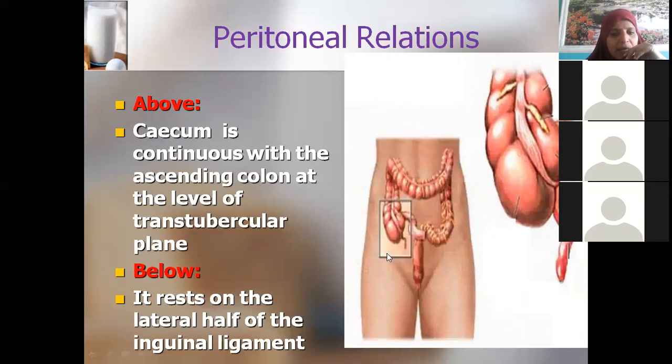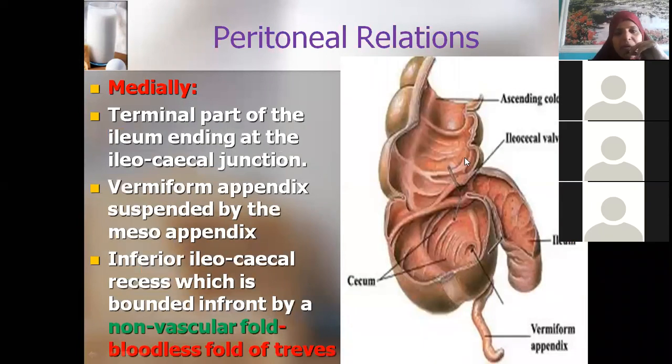From here to the anterior superior iliac spine is the lateral part. The iliac crest continues. The anterior superior iliac spine is the attachment of the inguinal ligament, isn't it? So the lateral 1/3 of the inguinal ligament is the inferior relation of the cecum, where it is resting. Now medially, I asked you what is medial, Ritika, isn't it?